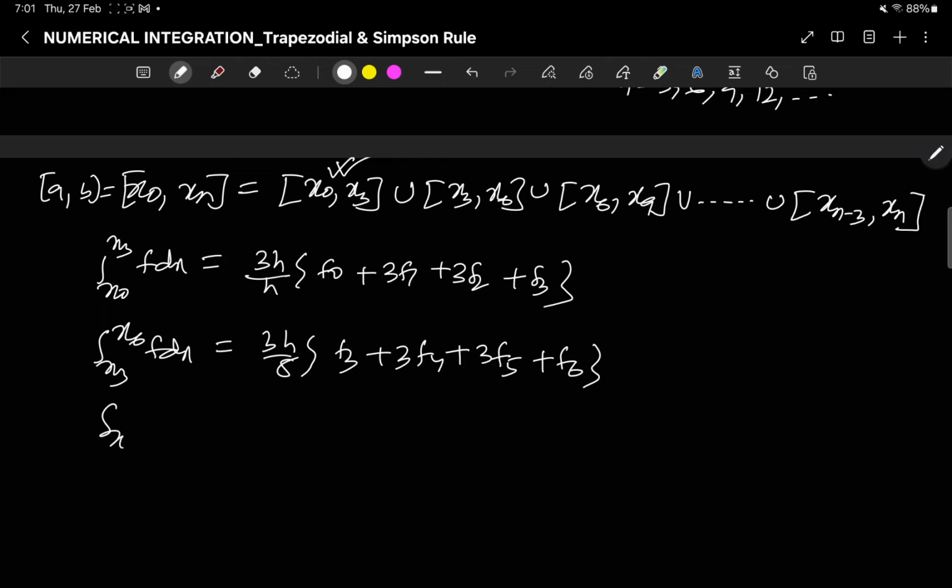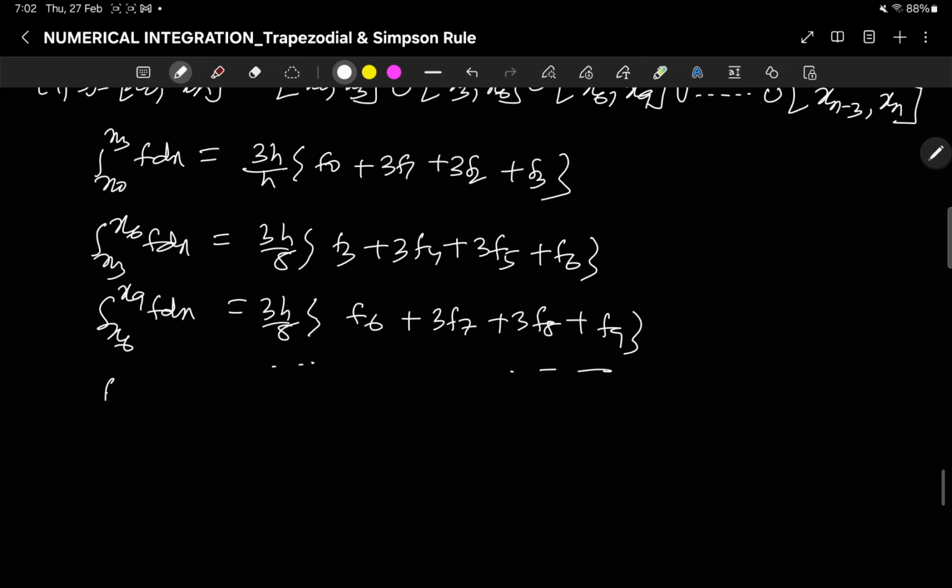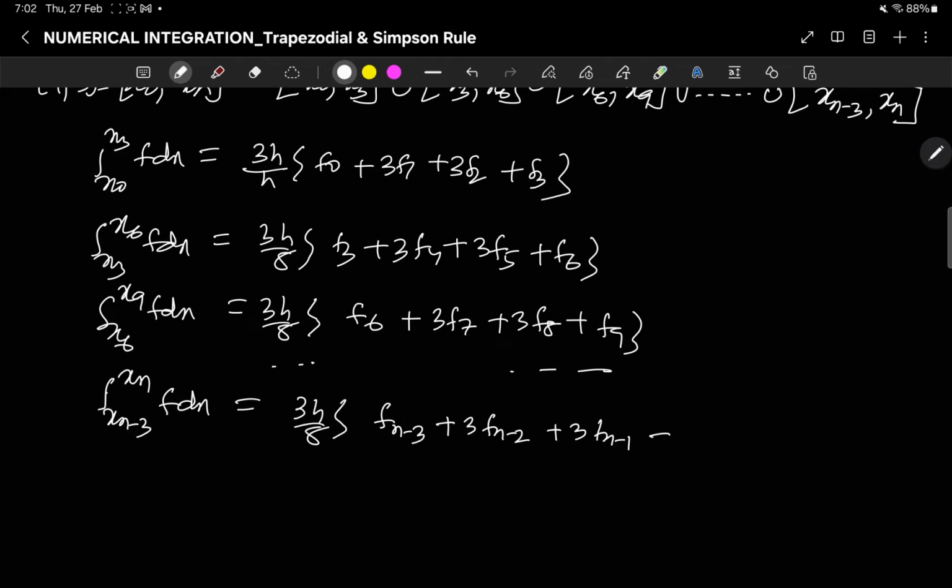Then x6 to x9 f dx will be 3h by 8 f6 plus 3f7 plus 3f8 plus f9. If we go on, it will be xn minus 3 to xn f dx will be 3h by 8 fn minus 3 plus 3fn minus 2 plus 3fn minus 1 plus fn,